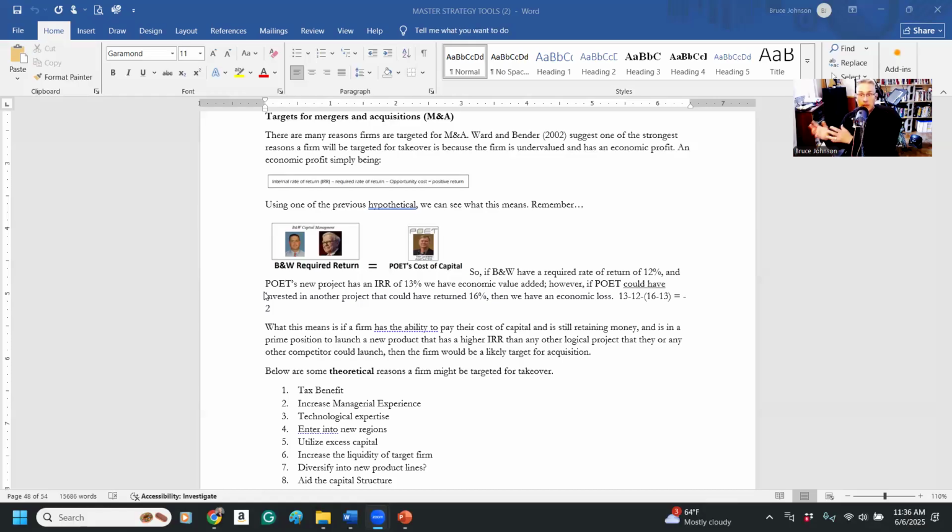So right now he thinks he's going to earn about a 16% rate of return, or IRR, on this project. Again, Warren and I need 12%. Then we would have the economic value added of 4%. Now, what happens if Dan finds he's only able to deliver 9% as a rate of return on this new algae biofuel product? Well, then we would have an economic loss. So when it's above the required rate of return, it's economic value added. If it turns into less than that, then it's an economic loss. And then Warren and I would lose, Dan Loveland would lose, because we're going to pull out our money and go elsewhere.